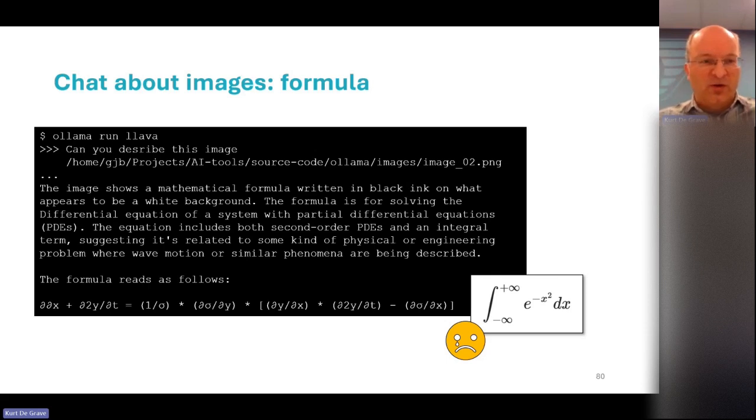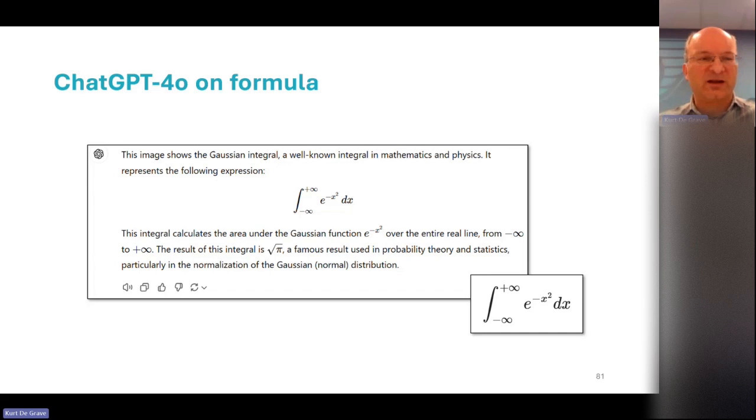However, when you ask such an open weight model of smaller size about formulas, then they're sometimes totally wrong, or often totally wrong. So this model is not trained well enough, and isn't large enough to answer this question correctly. So you get total garbage out. Whereas state-of-the-art models like GPT-4o can correctly interpret such an image, and tell you the interesting things about it.